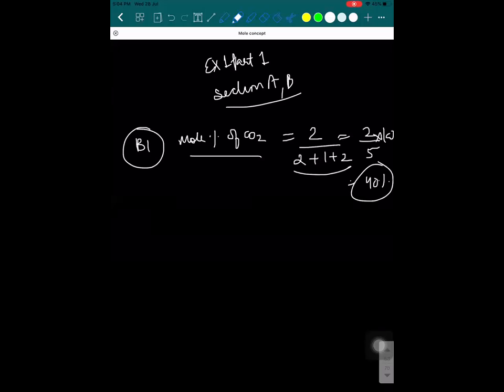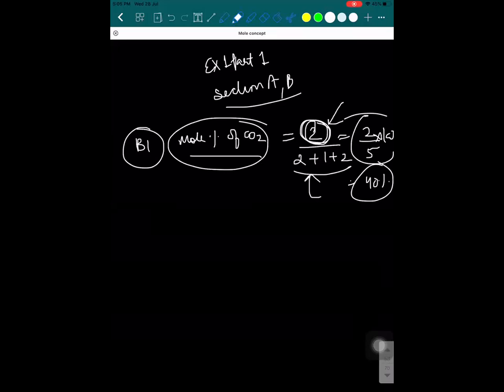Arey, a 6th class question, what are you asking? I guess you people are not applying your mind. They are asking the percentage. How will you calculate percentage? Whatever the CO2 is, divide by the total, multiply by 100. Isn't it? Yes or no? A2 students are also having doubt.